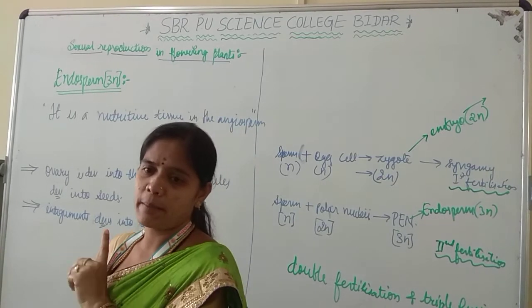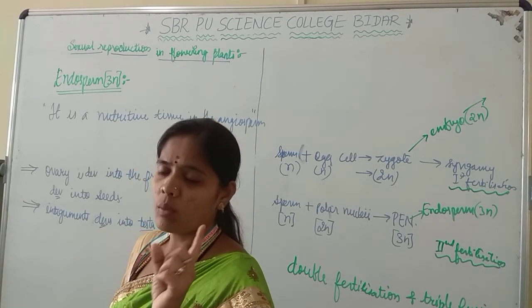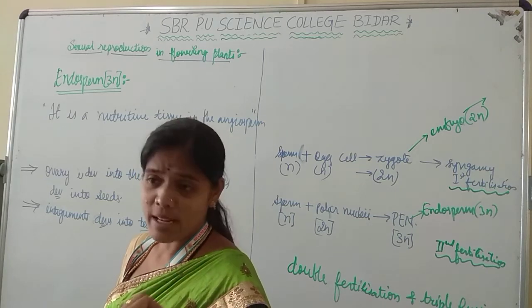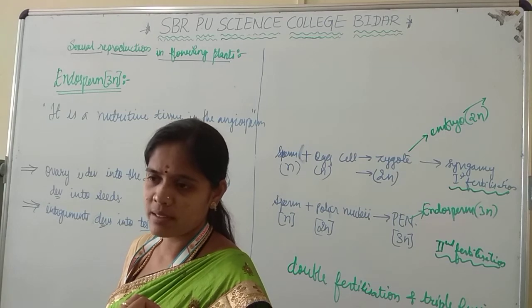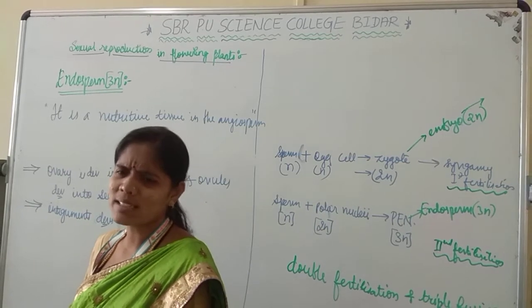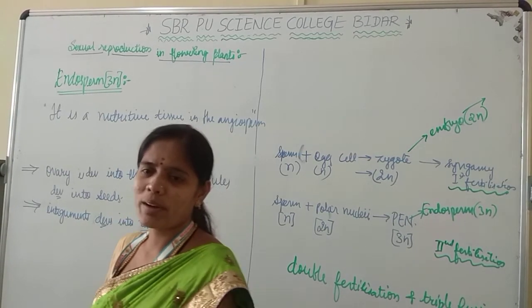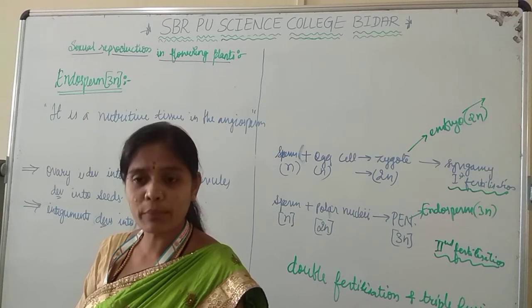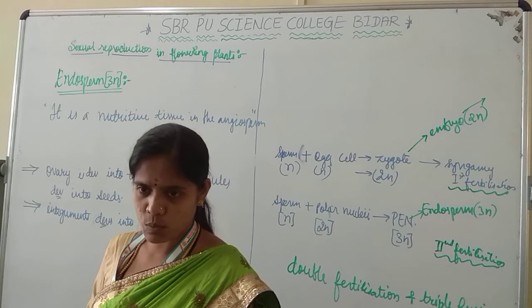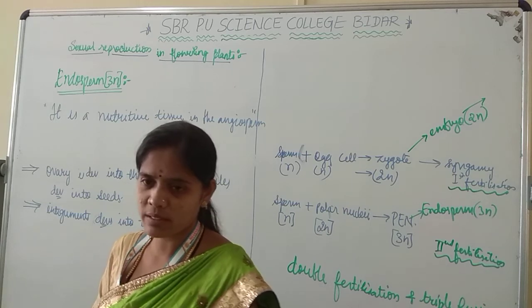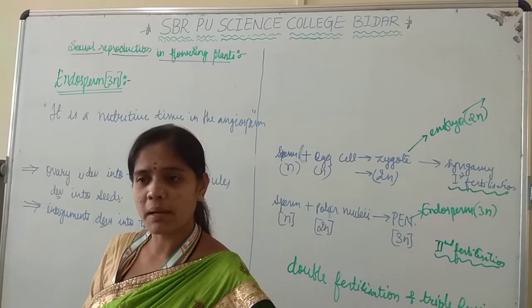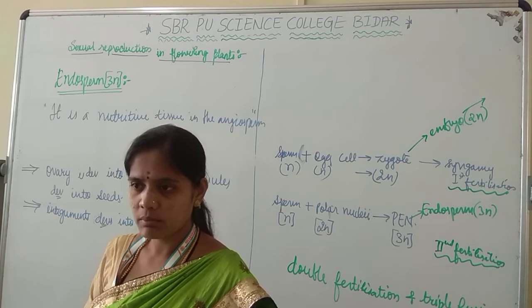One question is fixed here in the theory board exam, in the PU board, for 1 mark, 2 marks and 3 marks. How? If they ask in a 1 mark question, what is endosperm? It is a highly nutritive tissue present in the angiosperm to provide nutrition to the developing embryo. Or else it is a highly nutritive tissue which provides nutrition to the developing embryo. If asked in 2 marks, what is endosperm? Write the types of endosperms. I'll explain; 3 types of endosperms are there. If asked in 3 marks, you must also write about those types with examples. Okay beta?